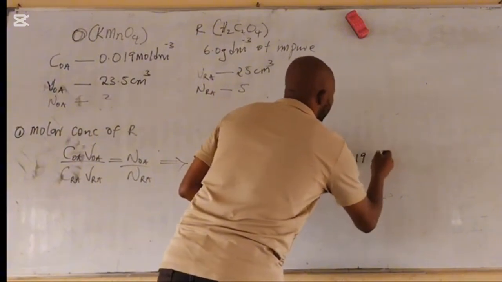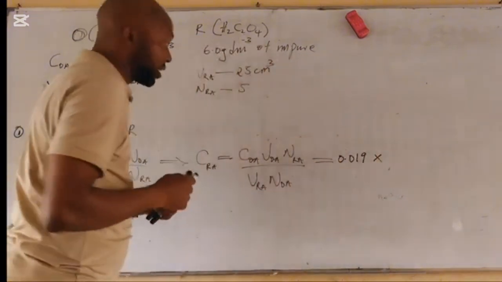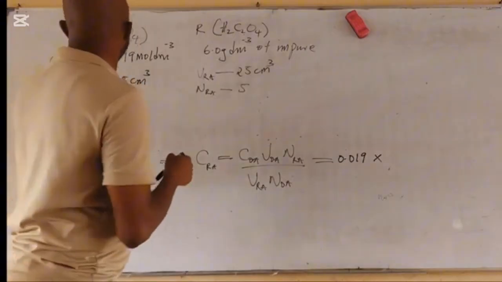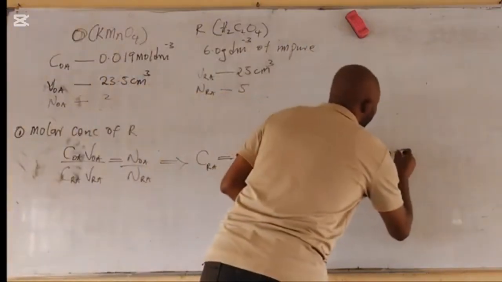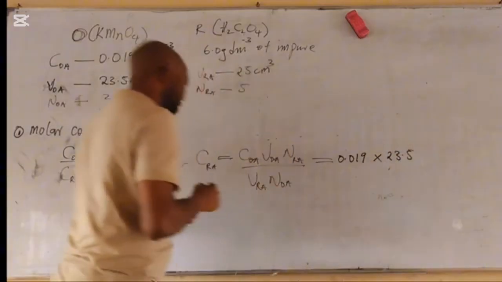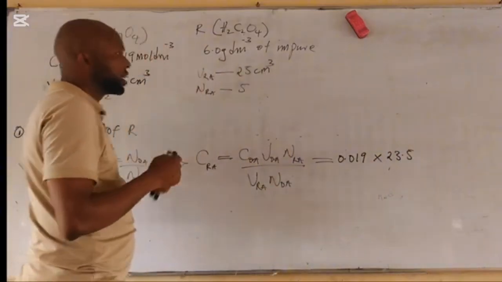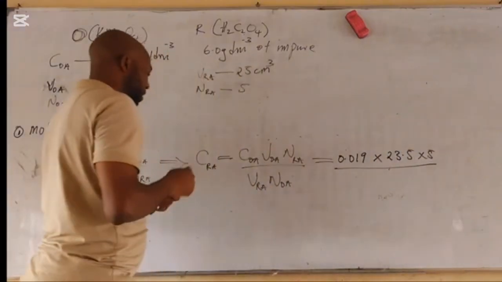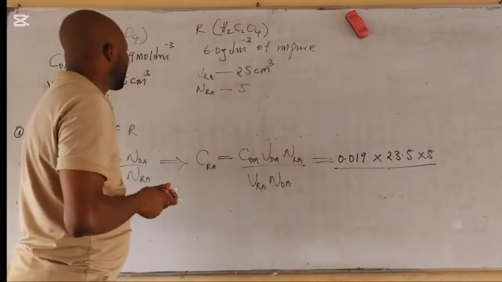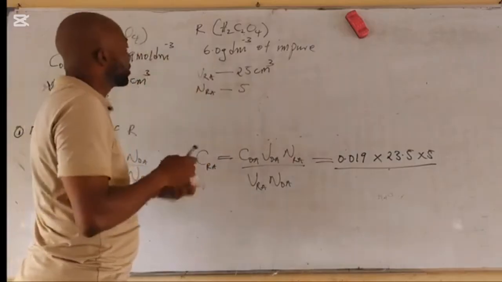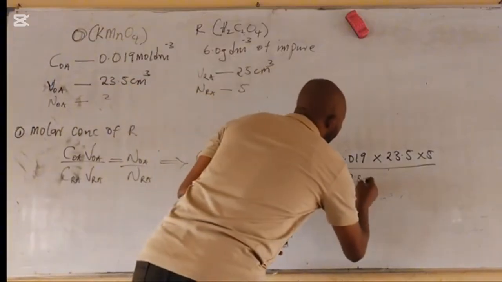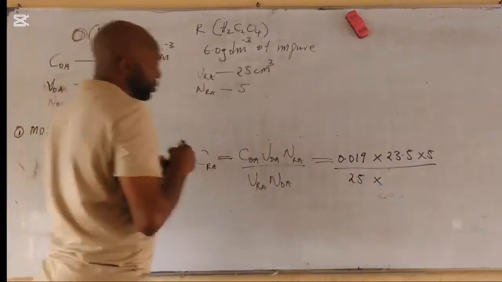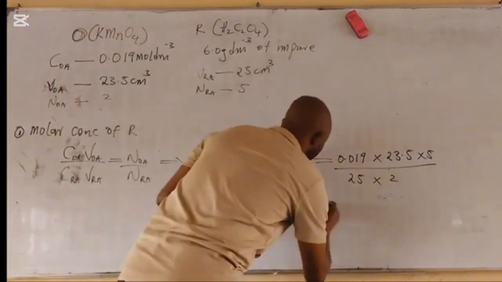0.019 times, I'm not going to put a unit again because my markers are almost going. So volume of the oxidizing agent is 23.5, times number of moles of reducing agent is 5, times 5, all over the volume of the reducing agent, 25, times number of moles of oxidizing agent is 2. So this is equals to,